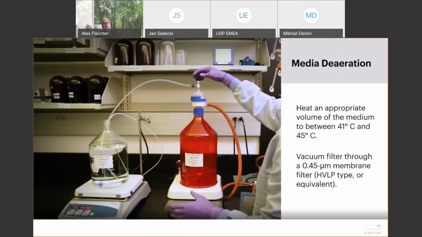And the boiling point of water would be the ideal scenario to degas medium. But nobody's doing that because waiting for the temperature to come down to equilibrate the medium again is not what you want. So what you can do is simulating the boiling point, because the solubility of gases is nearly zero at that temperature. So you simulate that procedure. And the other positive aspect is that once you transfer the media directly into the vessel, because you have a gravimetrical method to do that, or you put it first in a measuring cylinder, in a cold or room temperature measuring cylinder, you will actually cool down the medium quite a bit before it's actually placed into the vessel.